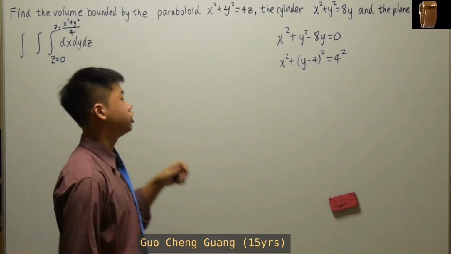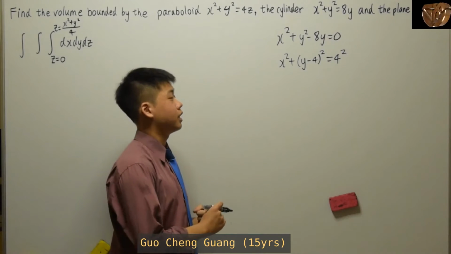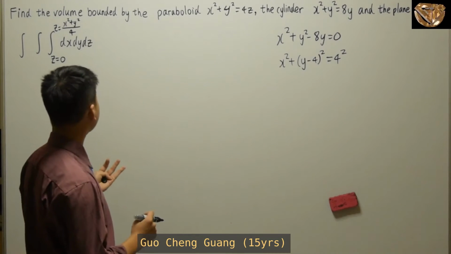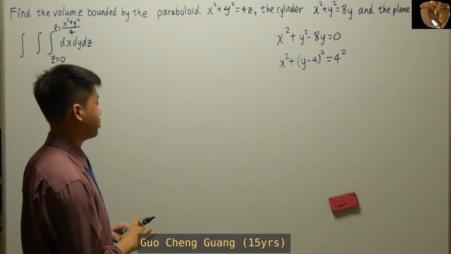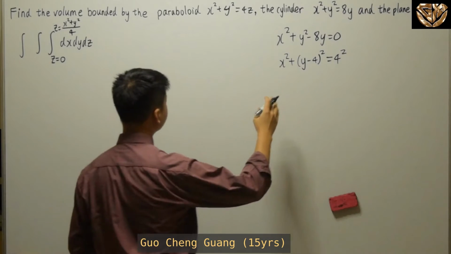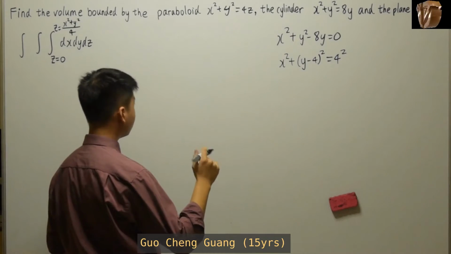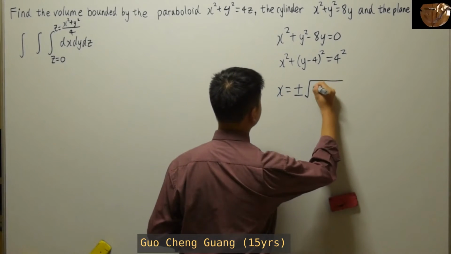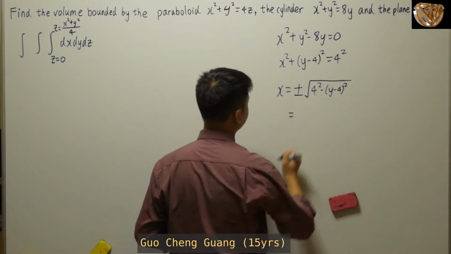Now, here you can choose either to integrate with respect to x first or integrate with respect to y first. So, what if we look at integrating with respect to x first? If you want to integrate with respect to x first, you will need to change this form into x in terms of y. Well, you are going to have x is equal to positive negative square root of 4 squared minus (y minus 4) squared. And to this,